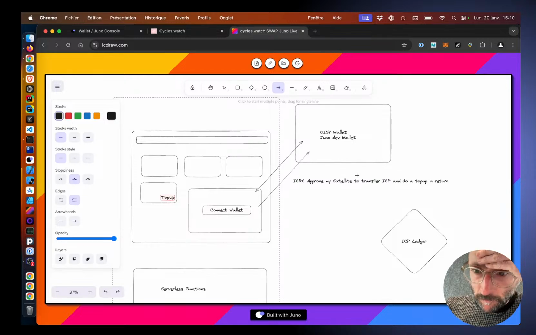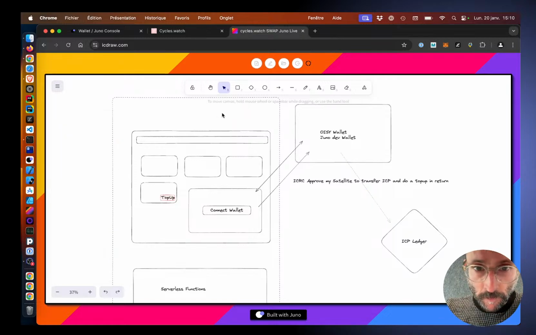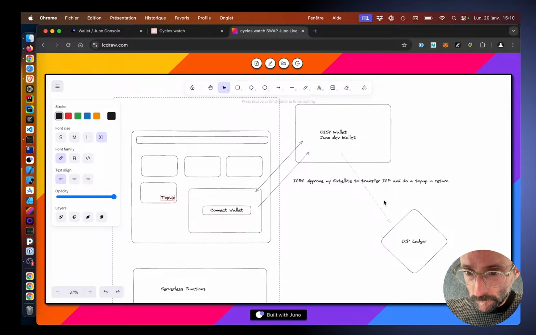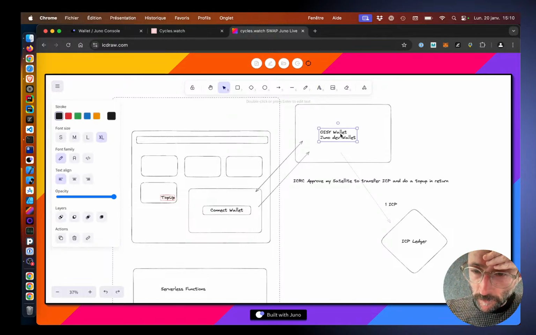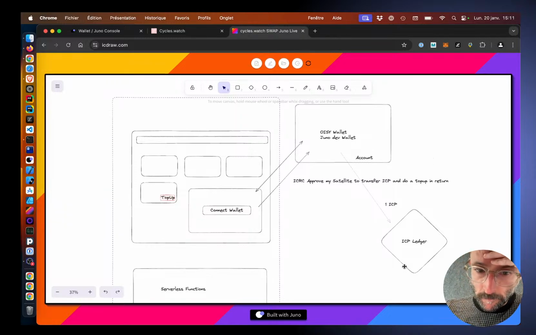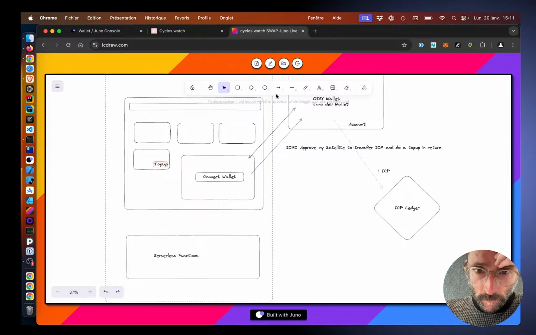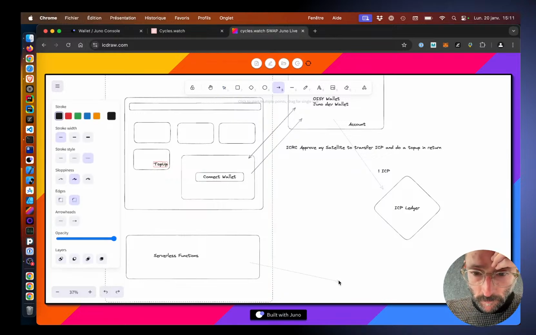Here we're gonna do an approve that says, can we use, I don't know, let's say one ICP, for this account here on the ledger, and we're gonna use that ICP to basically